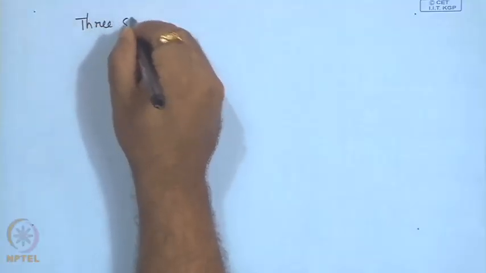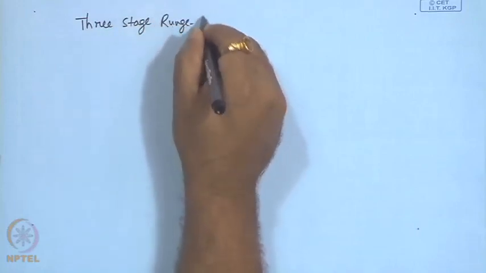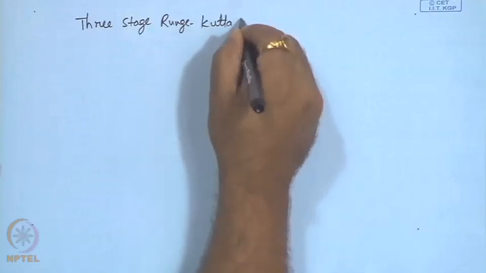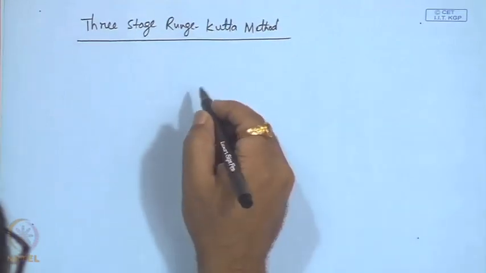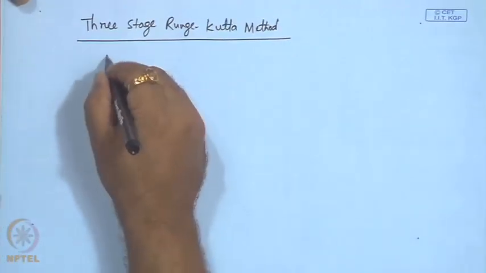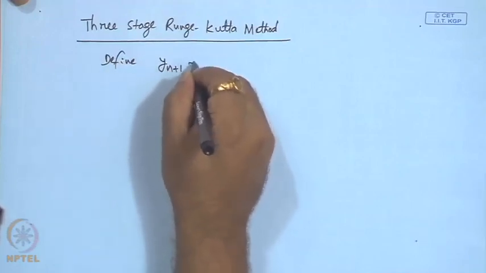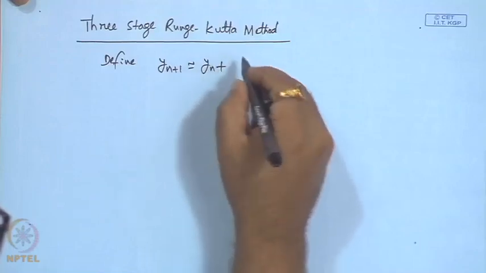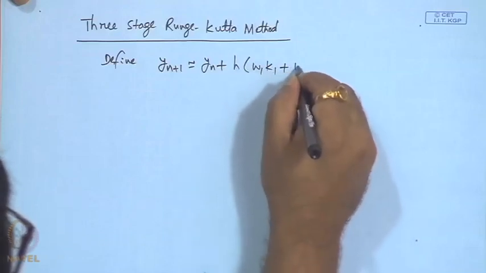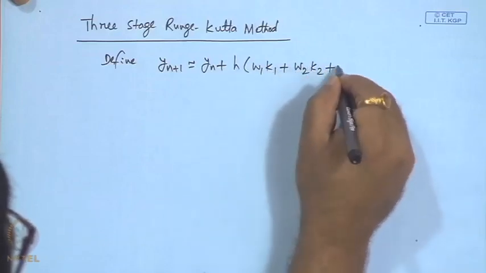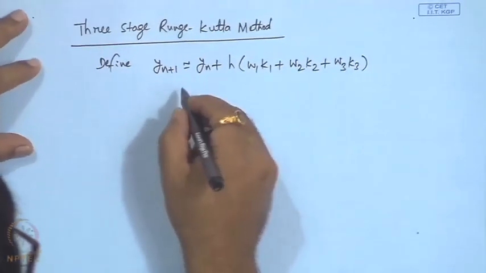That is a 3 stage Runge-Kutta method. So, that means we are using 3 slopes. Okay. So, we define the method as follows: W1 K1, W2 K2, W3 K3, where